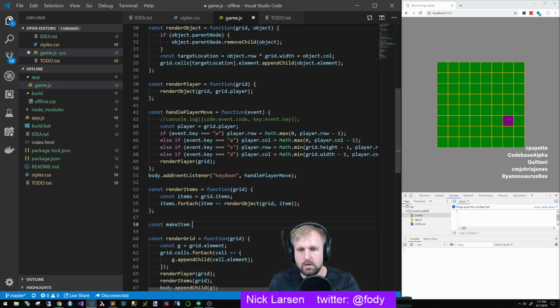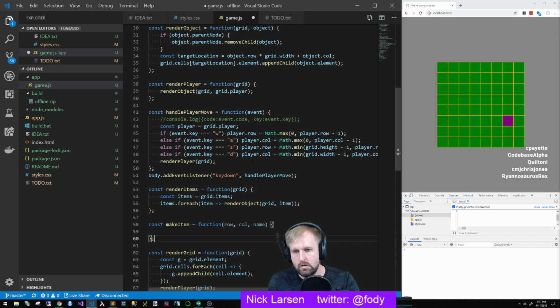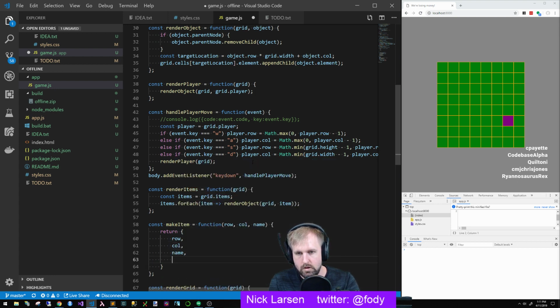Const make item equals function row call name, return row call name, and then we want to put this in element, which is create element, and this is going to be a div, and it's going to have the class of object. Oh no, it's going to have, yeah, object. I really need this to have more than one. And name. Okay, so now what we need to do is in create element